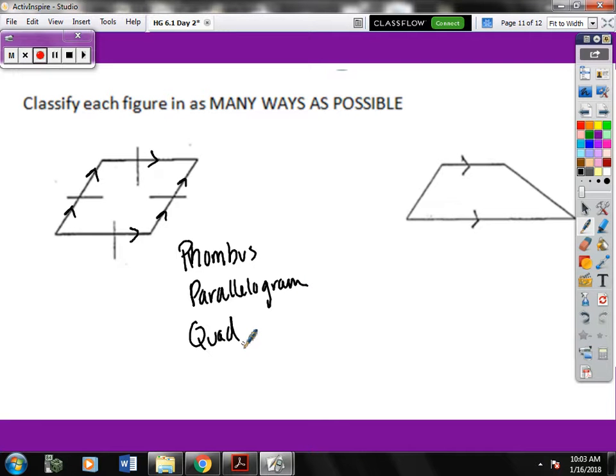And then the second one, only two names for this one. Maddie? Very good. Trapezoid and quadrilateral. Okay, so the homework, top section, judging by appearances, classify in as many ways as possible. So you are judging by how it looks, okay? There's no markings on any of them, you're judging it. And then you have 3 of the coordinate proofs where you're coming up with the appropriate description based on its distance